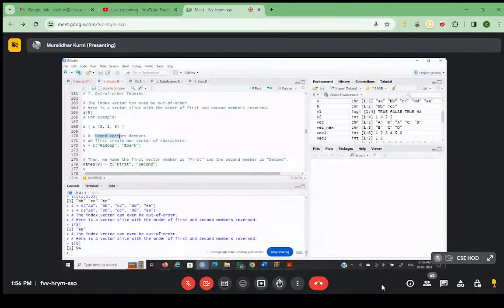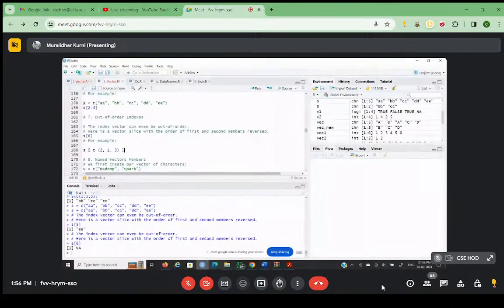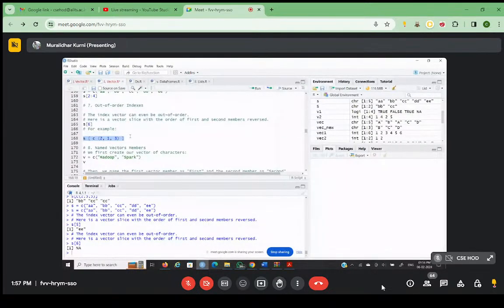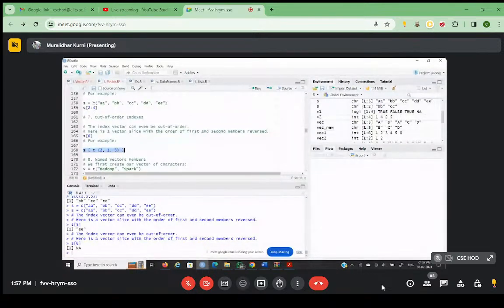And next one, I'm saying named vector indexes. Or let me try with this example. Imagine that you have the same vector, and now I'm saying 2 comma 1 comma 3. Whenever you give a range like 2 comma 4, you get the value of the index increasing to the upper bound. Whenever you give 1 comma 3, then the value will be increasing to the lower bound. So like that,